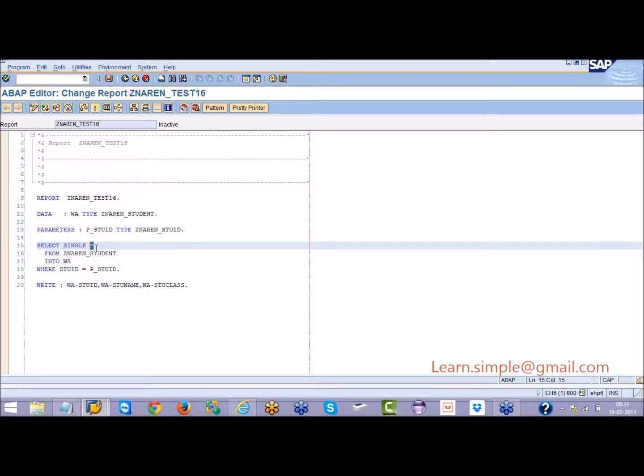What can you do to optimize your memory? Instead of putting star here, you can also say the field names: STU ID, STU name, STU class. So you can write in this way. So what fields are required? You can mention only those fields in your select query. But there is one small problem. The problem is,